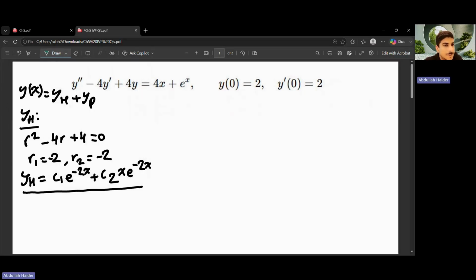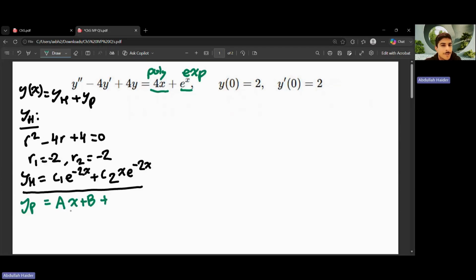Now, this is the first time you will be noticing that you have a polynomial and you have an exponential at the right side, both at the same time. So you don't have to worry anything about this. You go to yp is equal to. Now, what did we say that the yp for the polynomial will be? The highest degree polynomial expression. So you have an x over here, means the expression should be ax plus b,